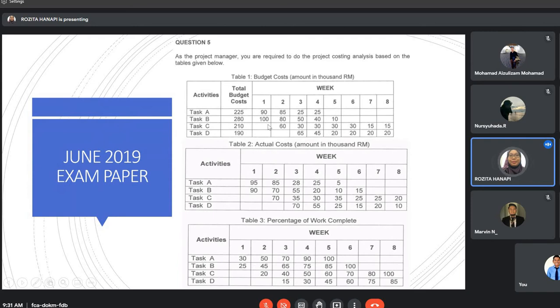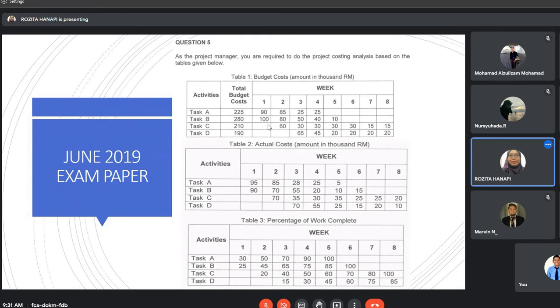So 190, and then you tambah 85 tambah 80 tambah 60 is 225, and then you tambah lagi 25 tambah 50 tambah 30 tambah 65, so